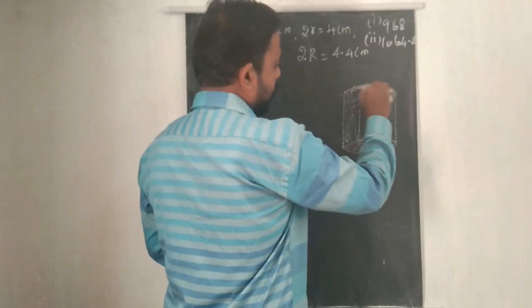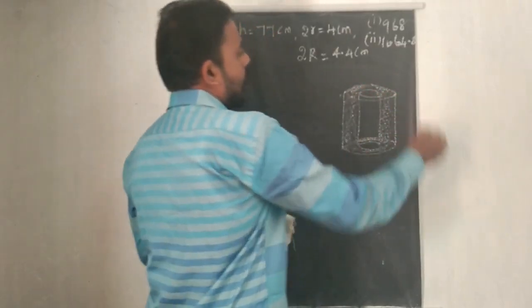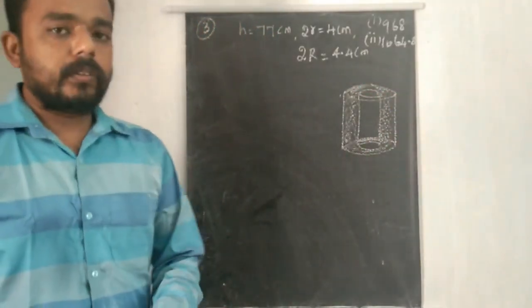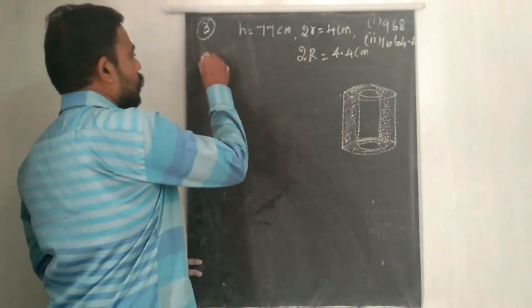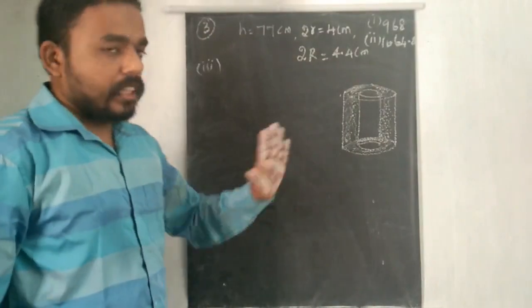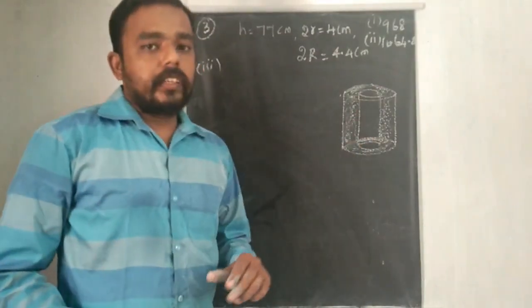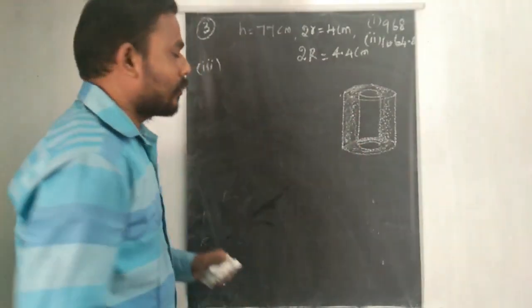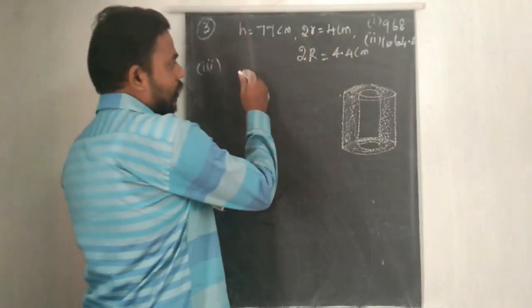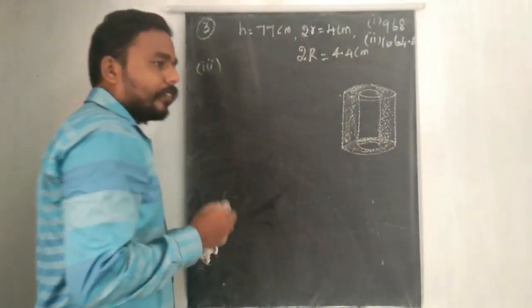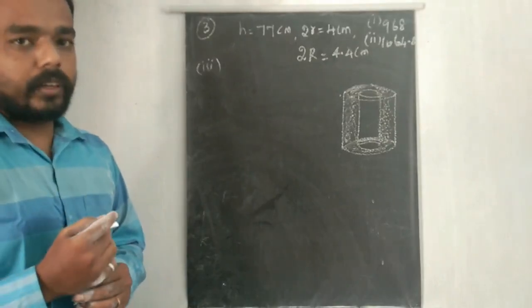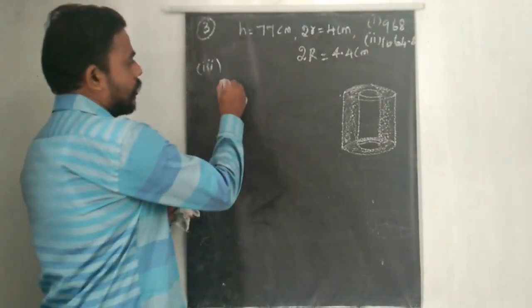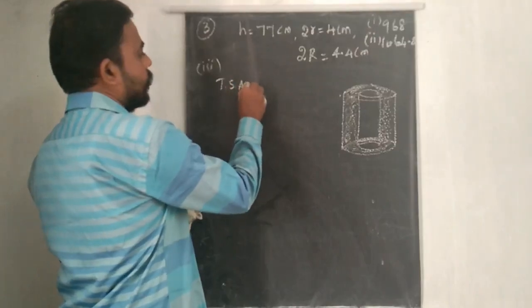We are looking at a hollow cylinder. Now we need to study the total surface area of the hollow cylinder. Let us look at the curved surface area, the inner curved surface area. So for that I am going to write the formulas directly. Total surface area equal to